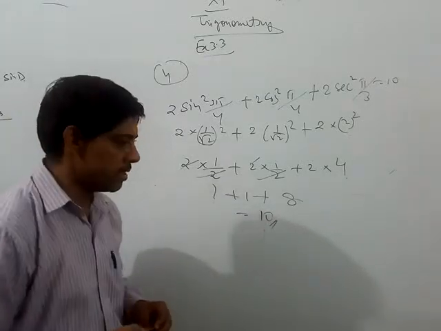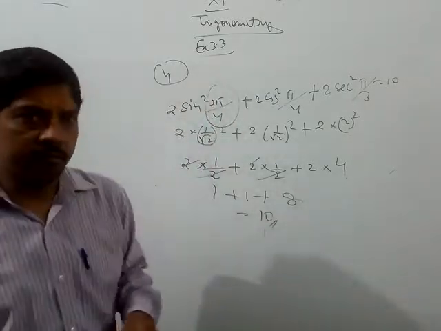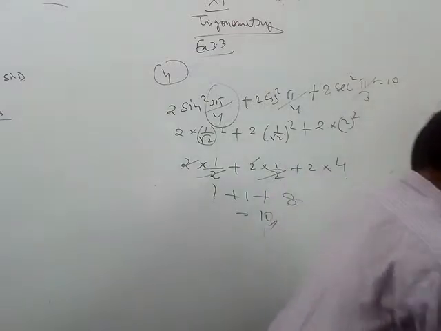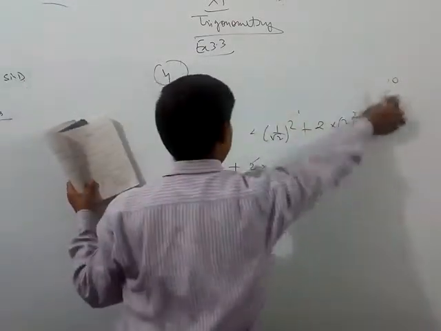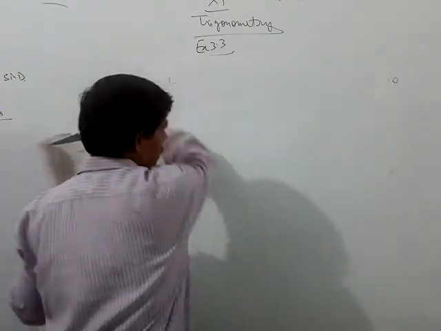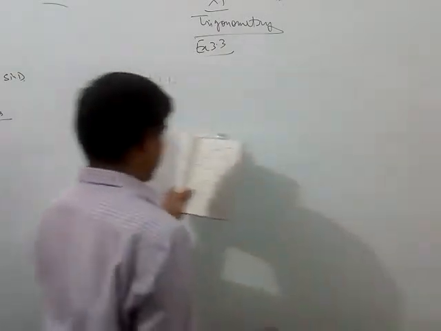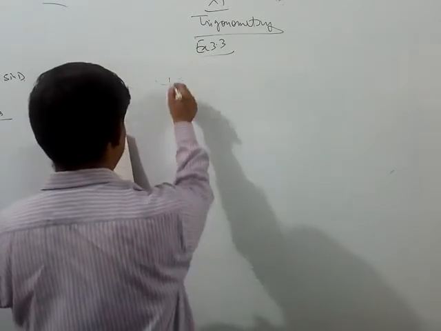So this is a very simple question. The only thing is 3 pi by 4. Second, let's do the questions 6, 7, 8, 9. If you have any problem, you can quickly see that they are all very easy questions. If you have done them, you can just verify the answer.